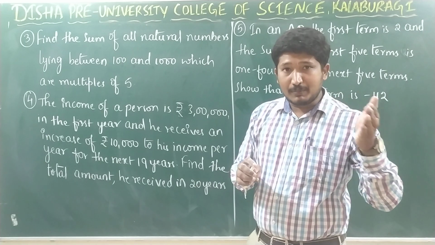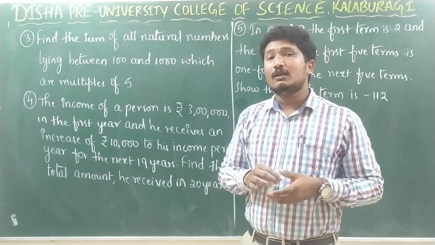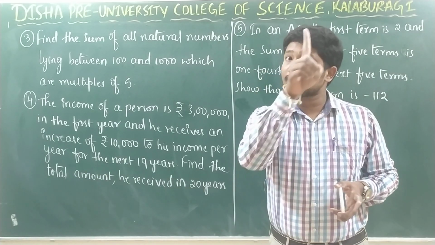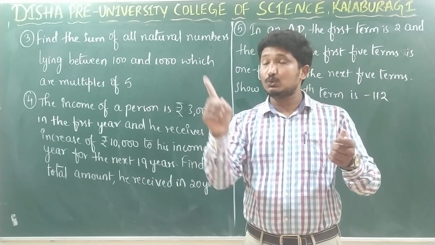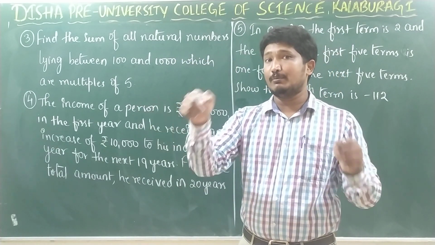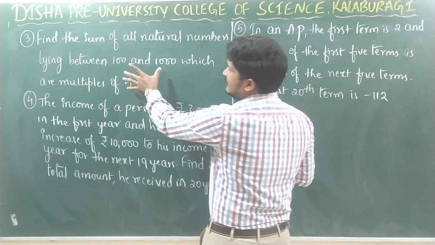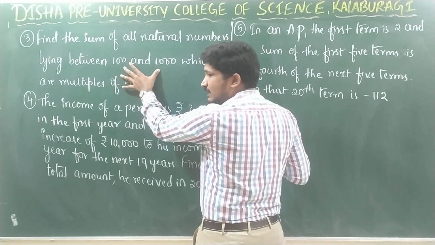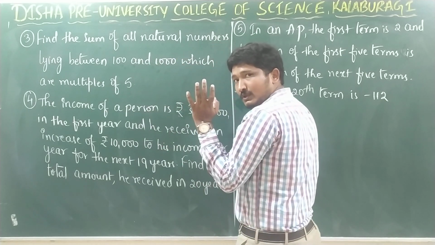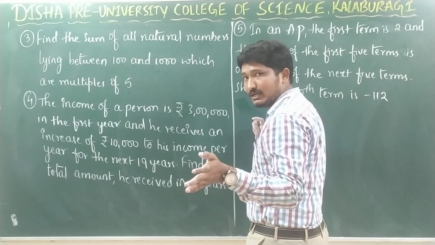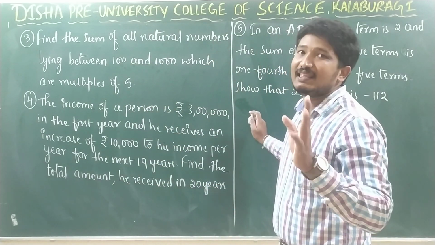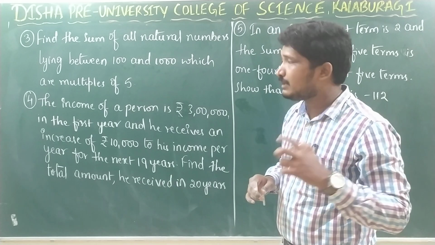Right? So in the previous question what have we done? We have solved the sum of odd integers from 1 to 2000. So the numbers start from 1 and end at 2001. But here they are asking us to consider the natural numbers which lie between 100 and 1000. So 100 and 1000 are not considered. In between 100 and 1000, those natural numbers are considered.